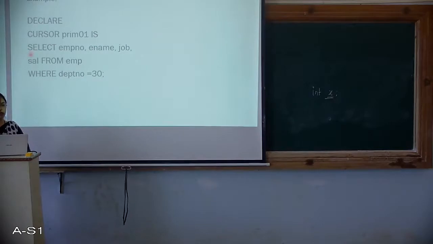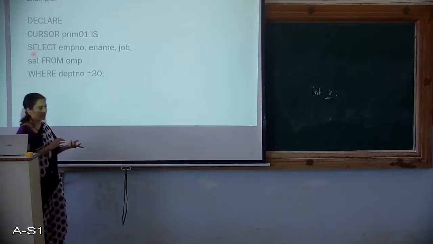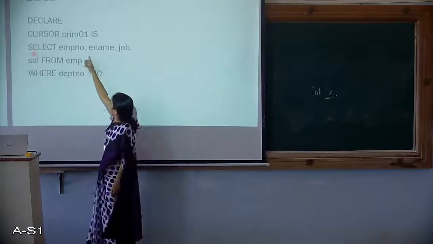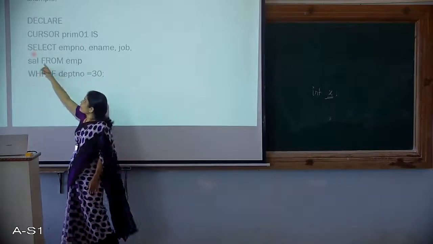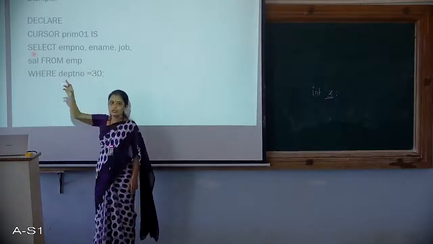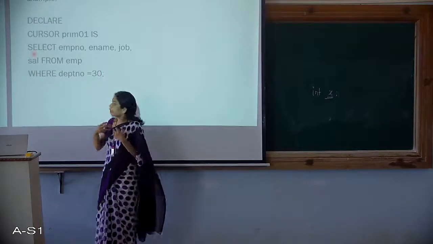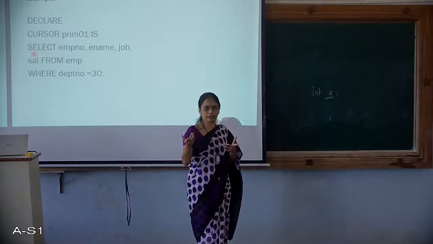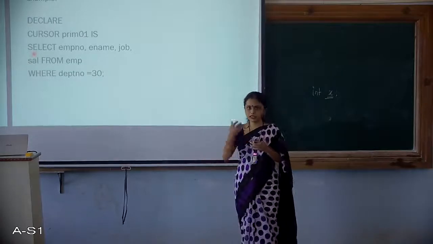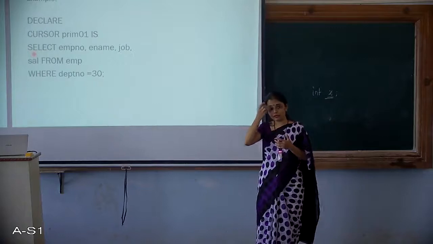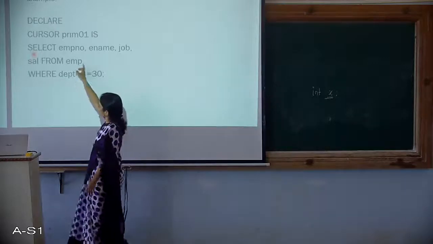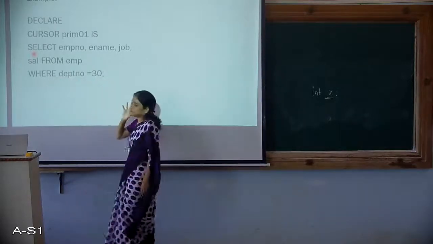Then you have the regular SQL query, that is select query, which is selecting something from a particular table. So let's read what it is selecting. It says select EMP number, EMP name, job and salary. So comma between all of them. So there are 4 fields which are being extracted. From which particular table? From EMP. So this is a very regular understanding of a select query. I don't think there is any problem with the understanding of a select query because we have handled it a lot of times, and this is a very basic SQL query. So from EMP table where department number is equal to 30.